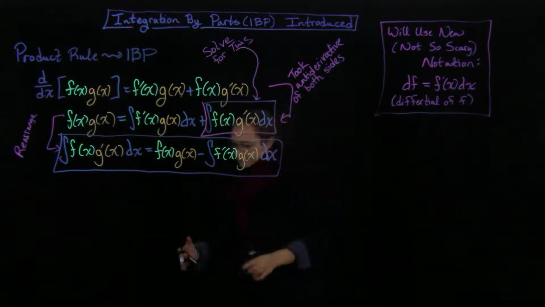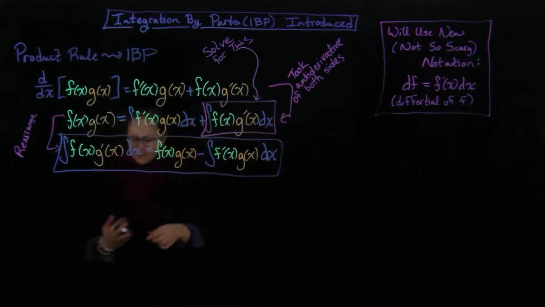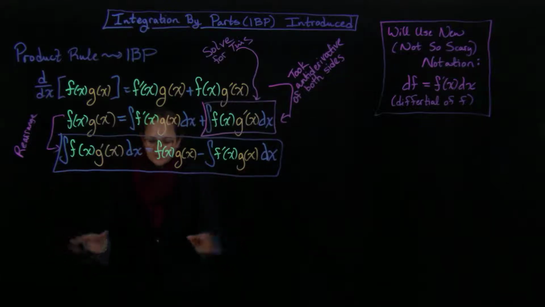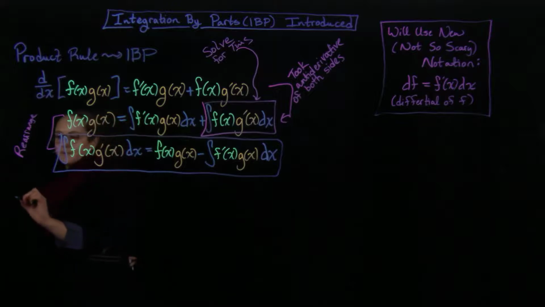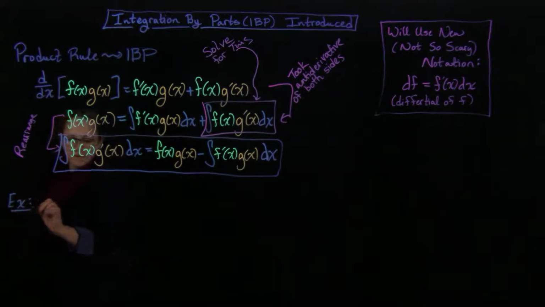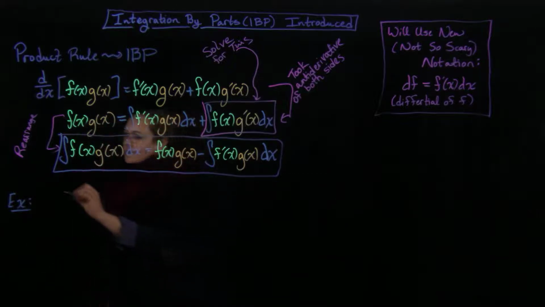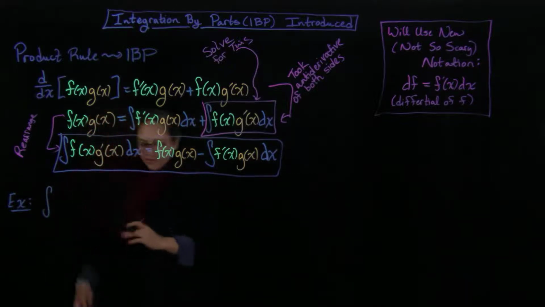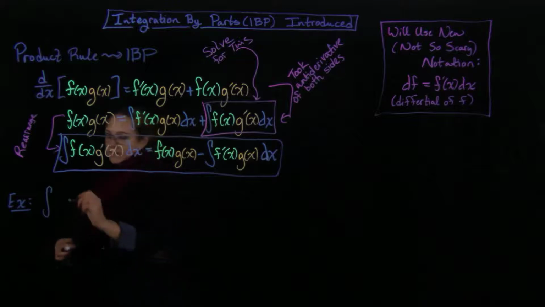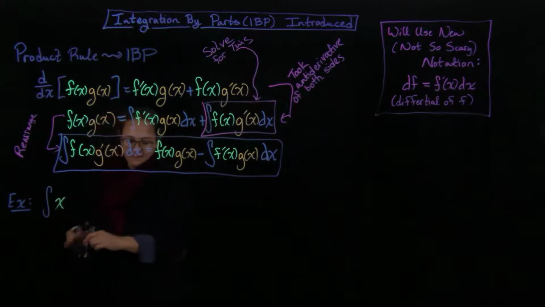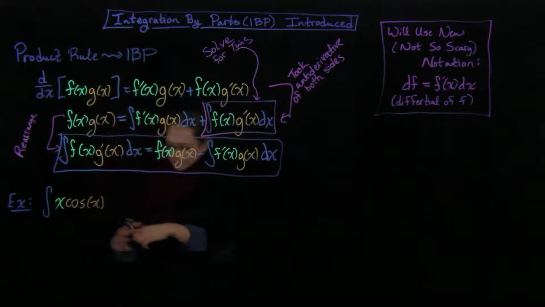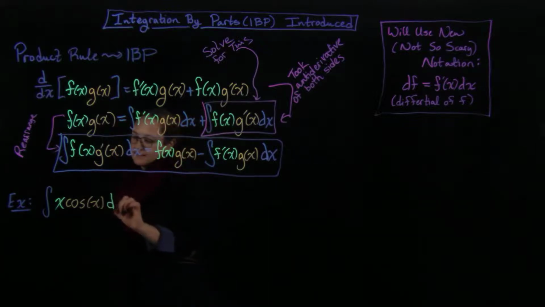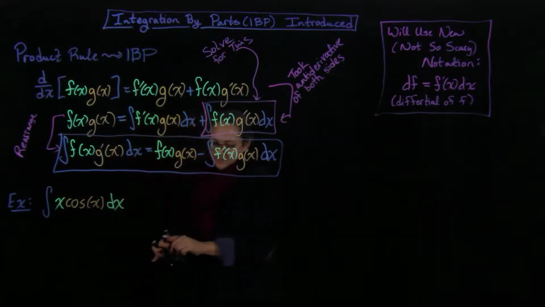Okay, great. So now let's go through an example of using this formula. I'm going to do it right here so that you can see how it lines up. So here's an example. I'm going to want to integrate, and I'm going to very suggestively color code things. So I have x cosine of x dx. So this is going to equal,